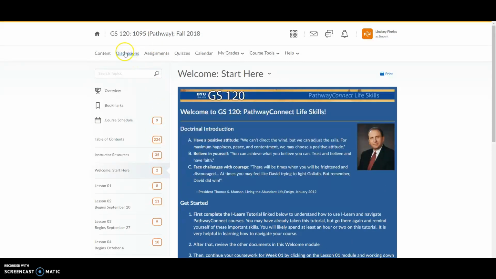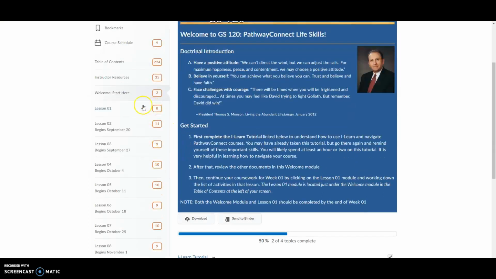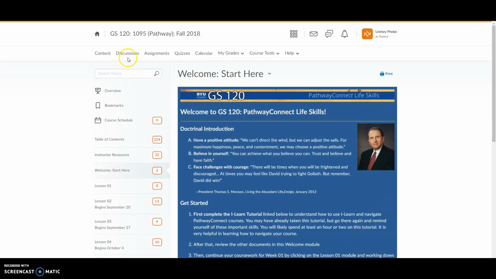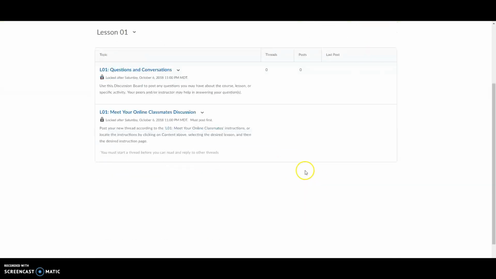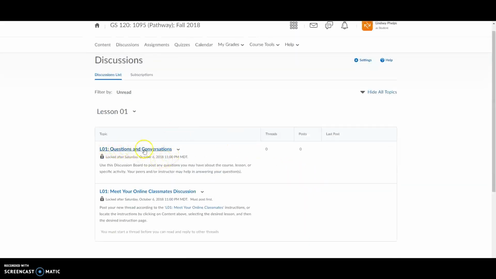Let's see. Next, we have the discussion boards up here along the top. Now, the discussion boards will also have links within each of these lessons that are down here under the course content. But if you are logging on and you know that you're going to go right to the discussion boards, this is a really good way to go. It will just take you right to the discussion boards, and you'll see here the questions and conversations, and also whatever the weekly